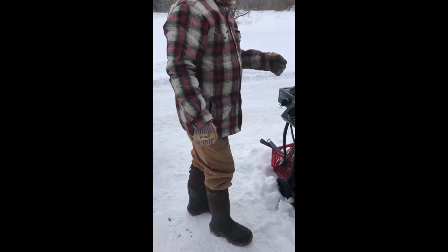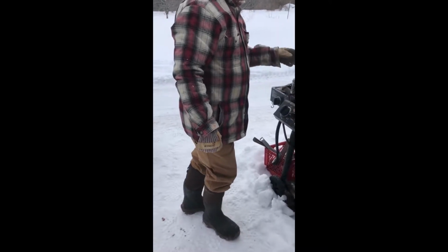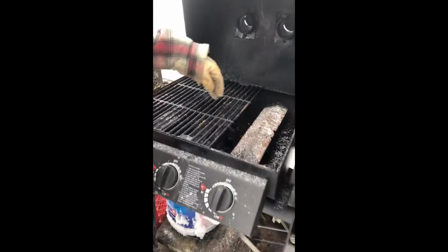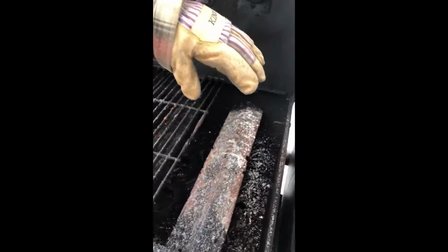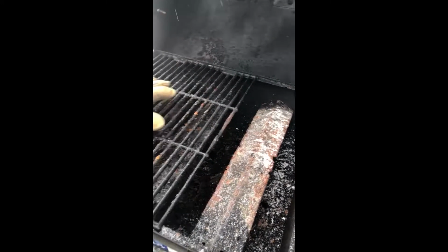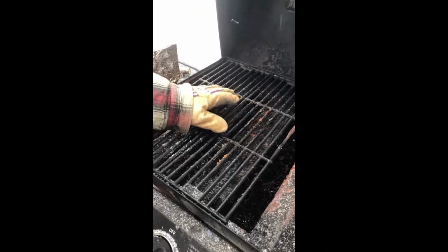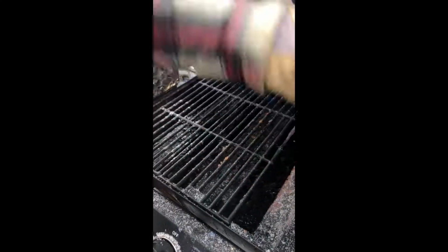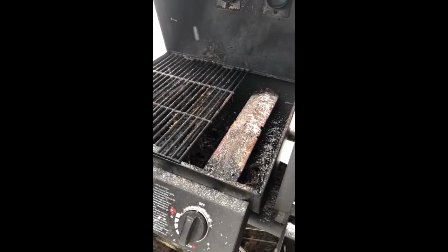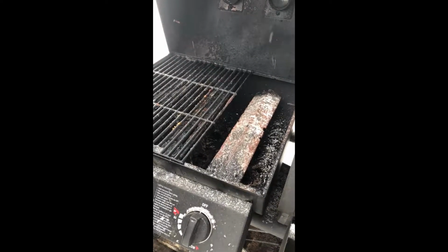So when you're smoking, you want to make sure that you're using indirect heat, which means that you're going to turn on one burner. In this case, I have 3 separate burners. I'm going to turn on the burner furthest to the right, and I'm going to put the bacon on this grate over here. That way, the convection will surround the bacon and cook it nice and evenly without searing the